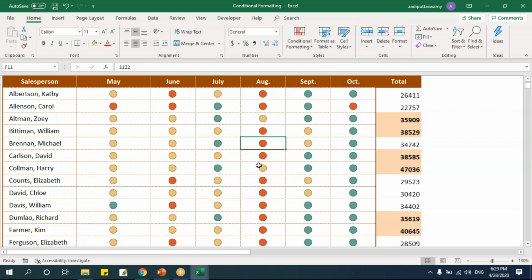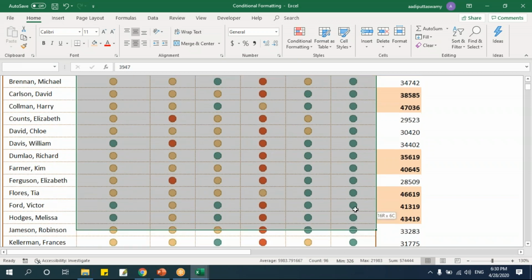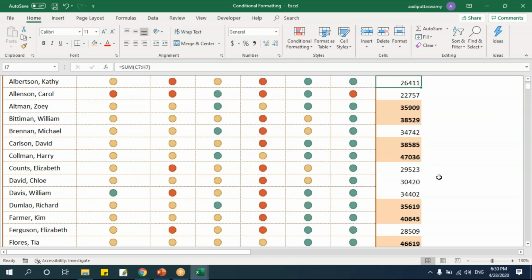But where did those numbers go? The numbers are still available in this cell. It's not that they have got deleted, they're just hidden. See, double click here and I'll get the number. Or select the cell anywhere, and you can still see the number in the formula bar. So if you want to give only indicators, not the numbers, then you can format something like this.